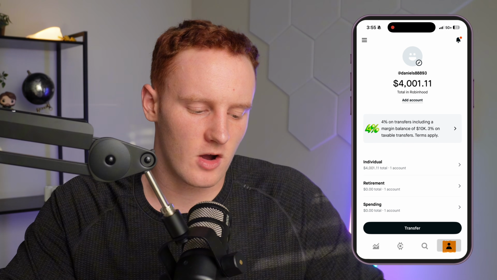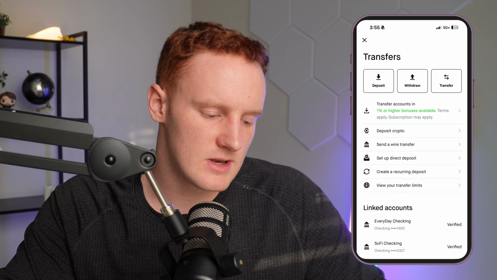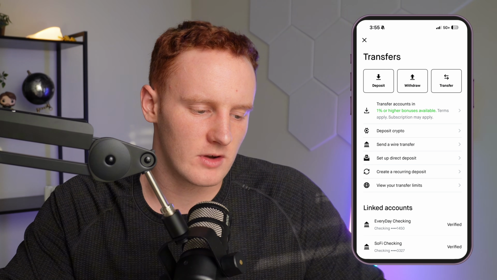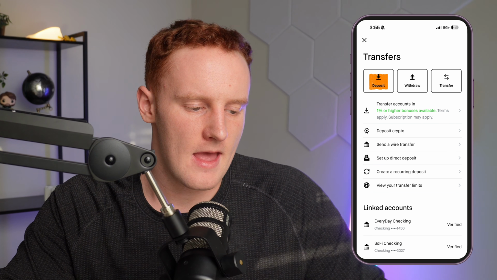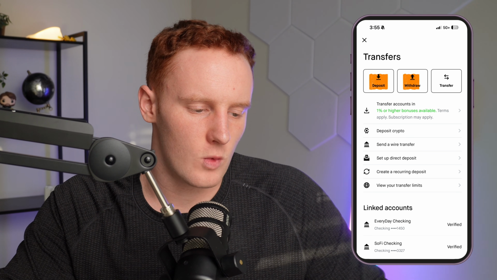Now I want to show you how to actually withdraw money out of your Robinhood account and back into your checking account. So just go back to the profile right here, and then you can hit the little dude icon at the bottom right, and then you can hit the transfer button. You'll have a couple options like depositing money, withdrawing, or transferring it, and you can just hit the withdraw button